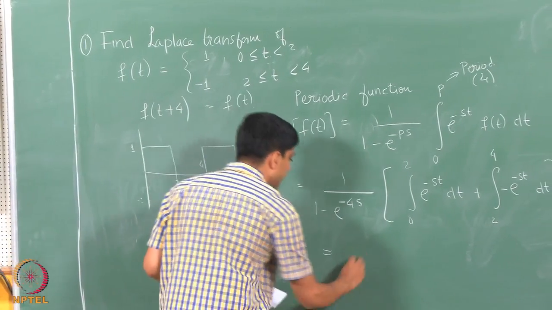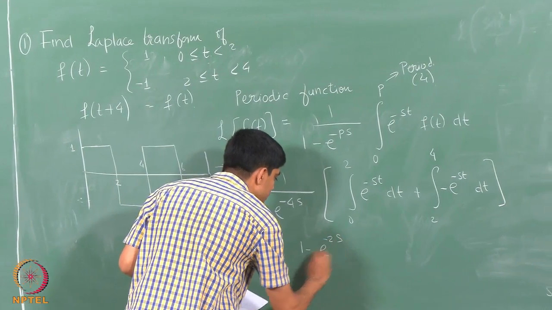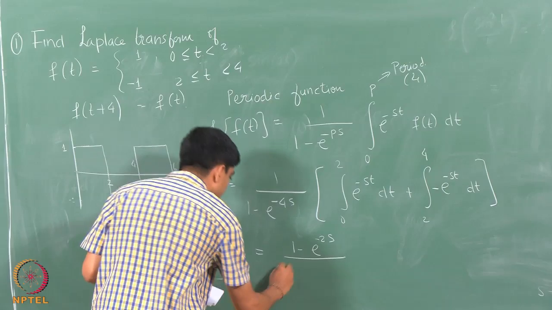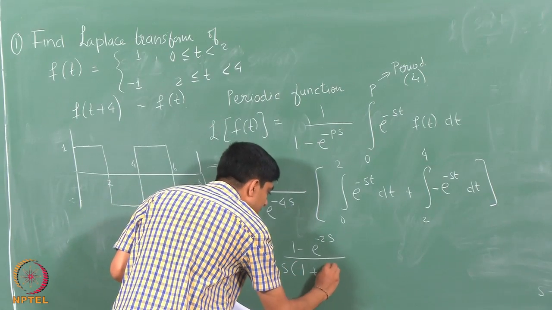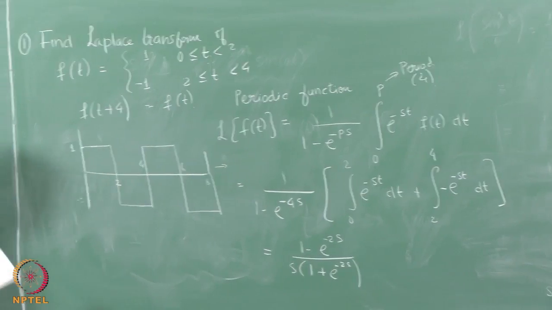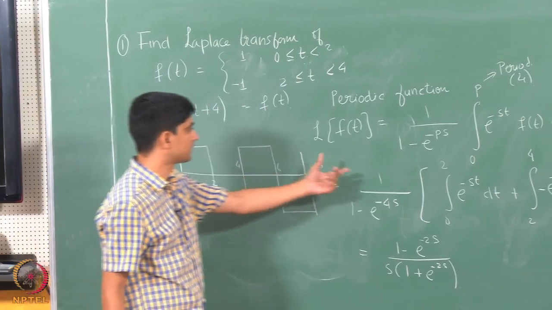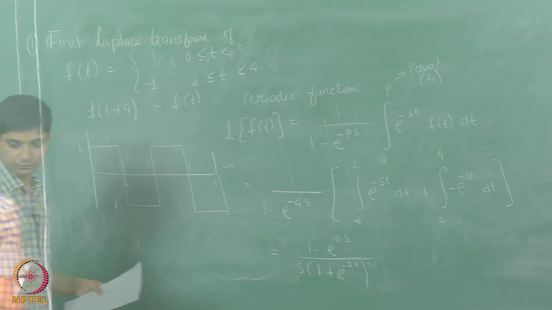So, this would simply be 1 minus e power minus 2s over s times 1 plus e power minus 2s. Okay. This is quite straightforward, right. Once you just plug in this formula, these are easy to compute. So, next we will look at